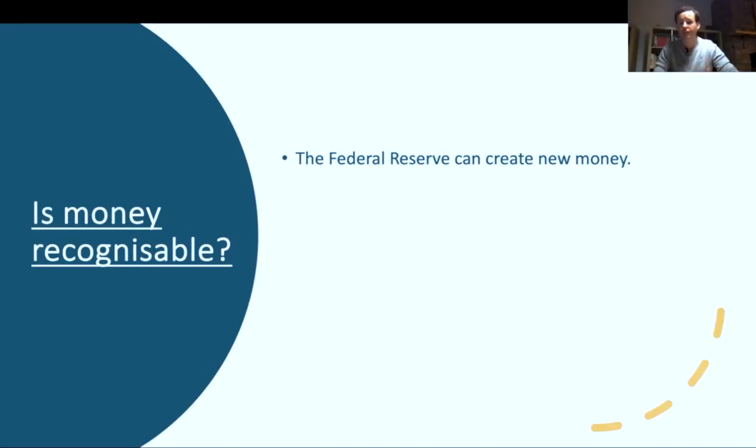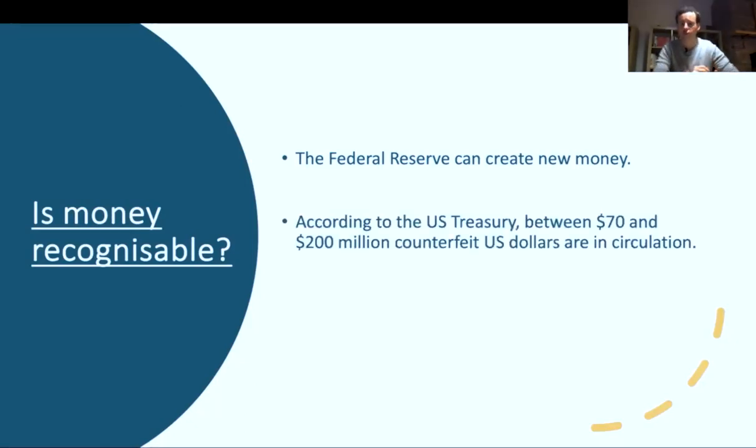And we know that counterfeit money exists in our traditional system. For example, according to the US Treasury, between $70 and $200 million of counterfeit US dollars are in circulation now. Also, can I recognize and trust my currency if I'm from Venezuela or Argentina, for example, where if I go to the shop tomorrow, the price of toilet roll or bread or whatever has gone up by a ridiculous amount due to inflation, or even hyperinflation at times? And we're going to come back to inflation as well. So is it recognizable based on what we know money should be? I'd like you to form your own opinion on that and on everything in my videos.